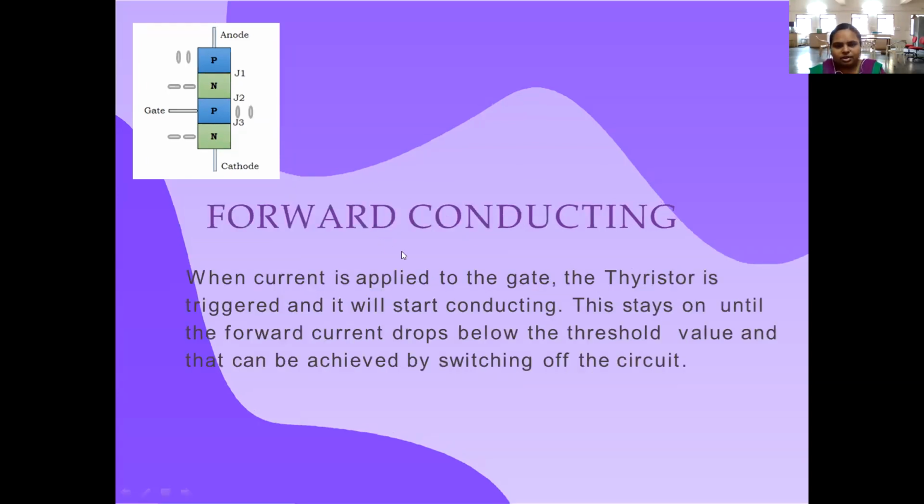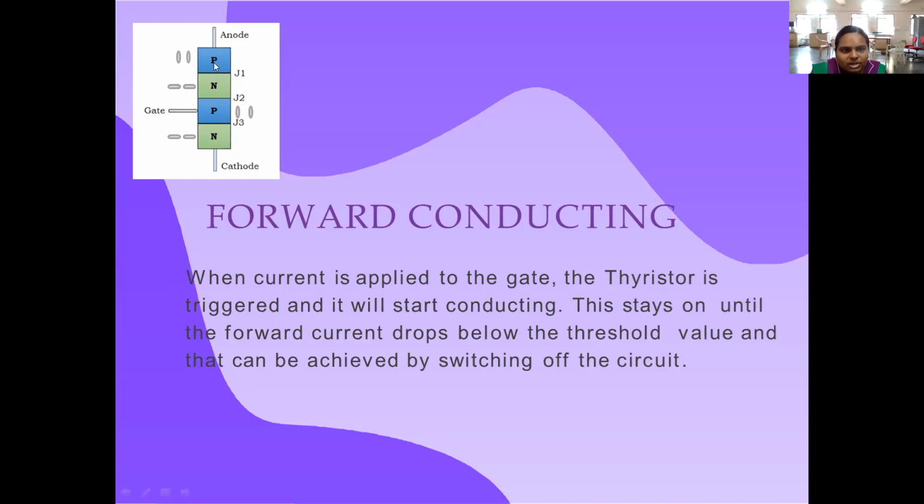Okay. Next, we go for the forward conduction. Here we are going to apply the positive of the battery terminal to the anode and the negative of the battery terminal to the cathode, and we are going to trigger, or else give the supply from the gate to the P junction. We are applying to the anode, cathode, and also firing from the gate. Here positive and here negative from the terminals of the battery.